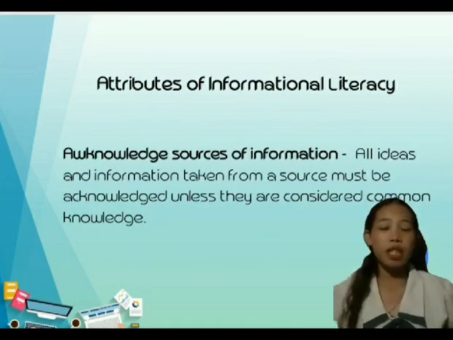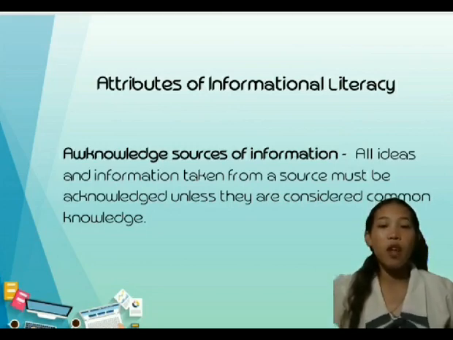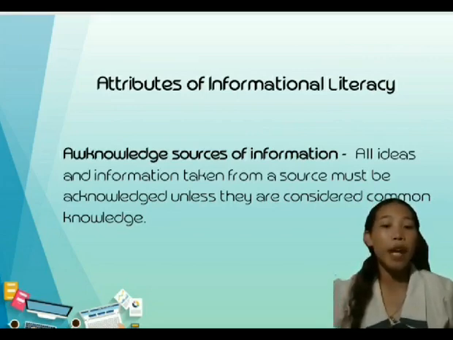One of the attributes in information literacy is acknowledging sources of information. This means understanding the ethical, legal, and socio-economic issues. For example, whenever you refer to something you have read in another author's work, you should use a reference or citations. If you don't do citations or referencing, it is treated as disrespect to the author or writer and also a misconduct in academic writing. Be sure to put citations and avoid plagiarism.